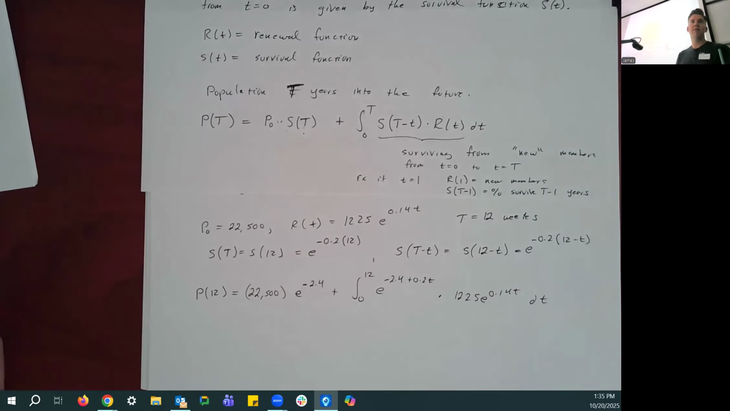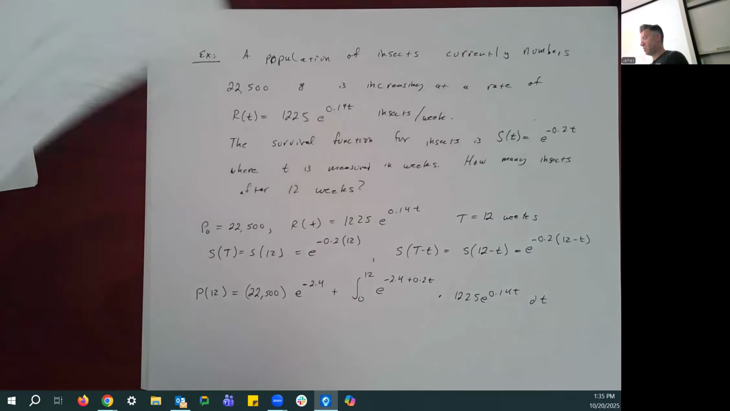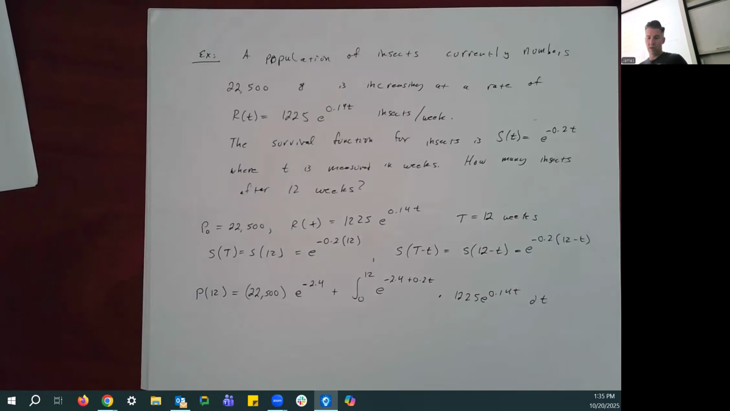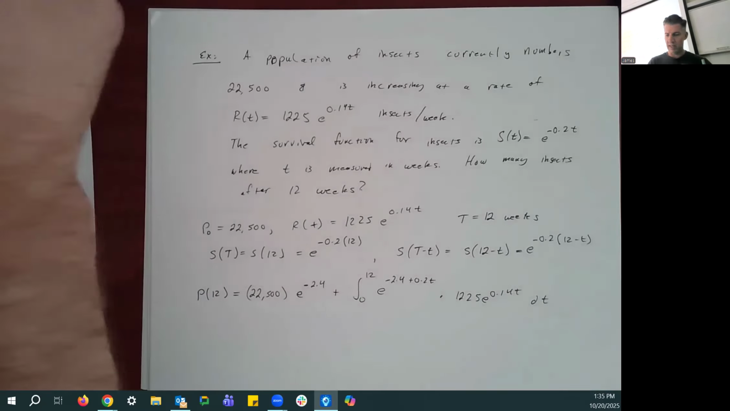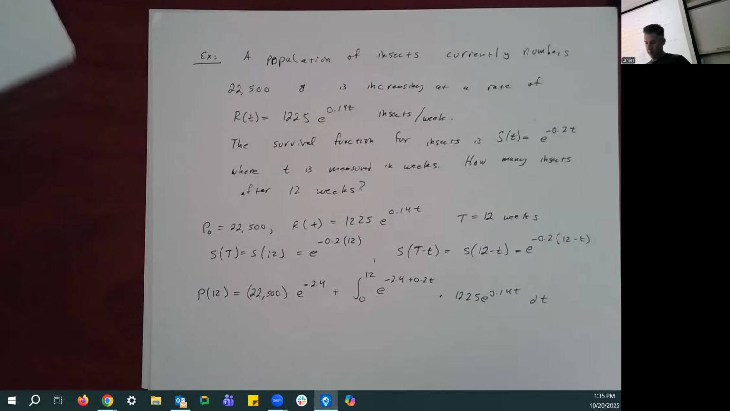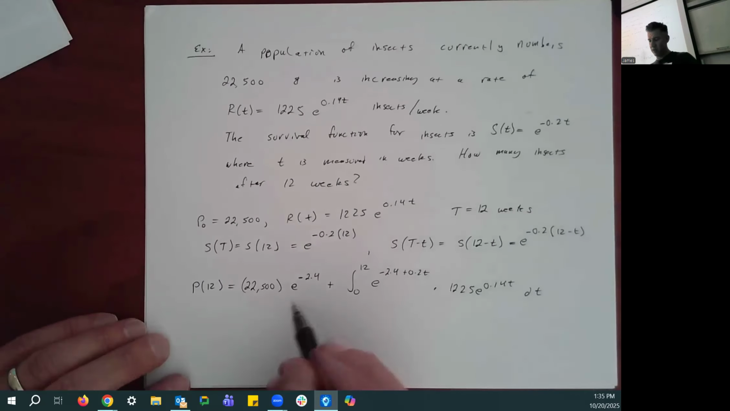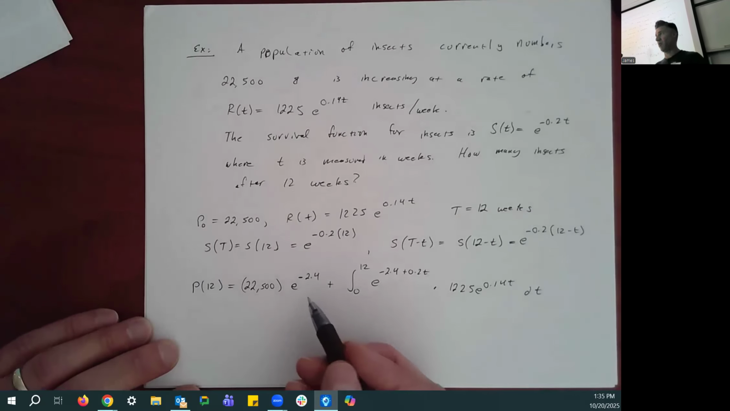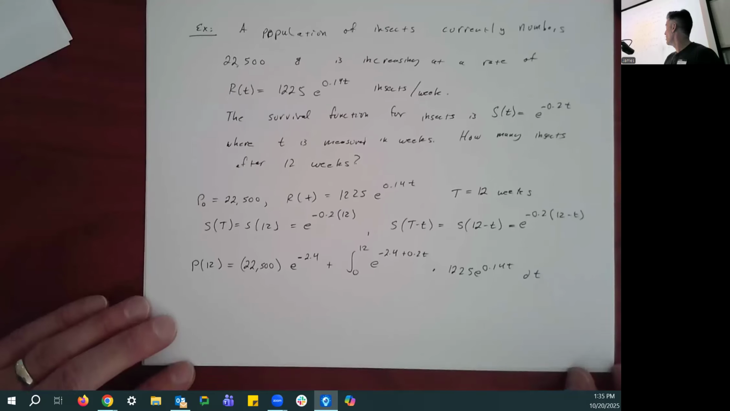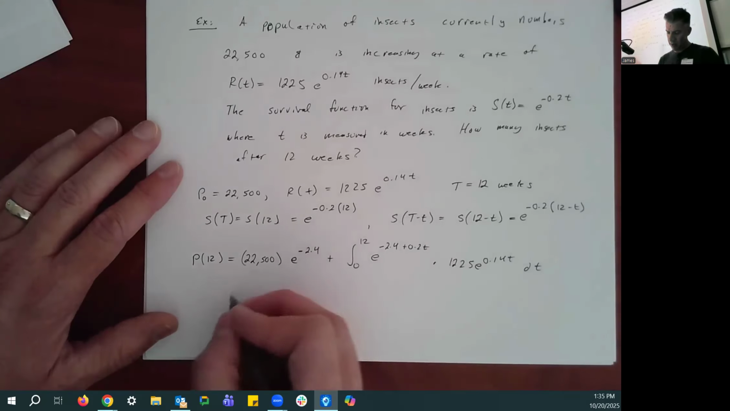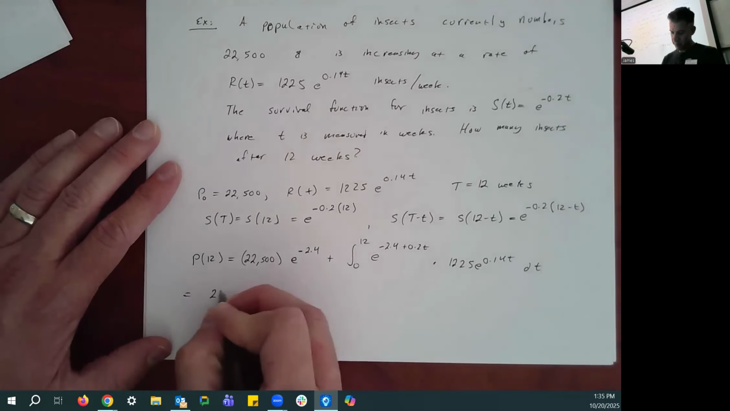Kind of a lot, but not unmanageable. Here's what's typically going to happen at this stage. You're going to simplify as much as possible. I'm going to leave this alone, or maybe write that as 22,500 divided by e to the positive 2.4. I don't really care which way I write it. But this integral we're going to deal with. So dealing with that integral,